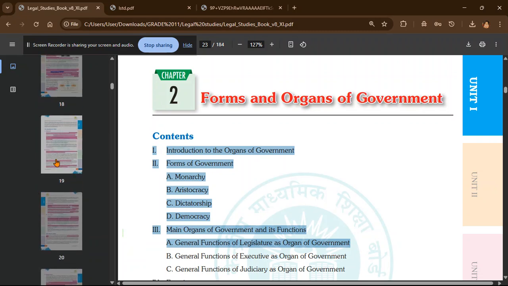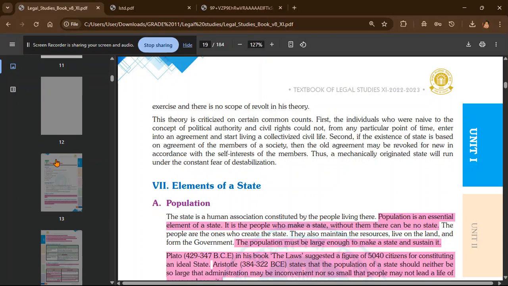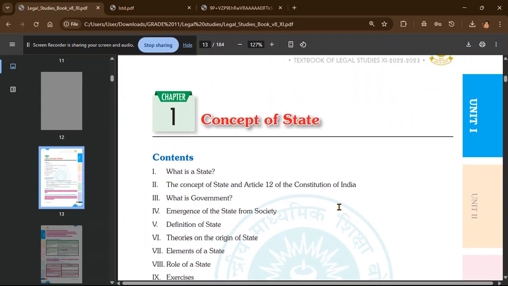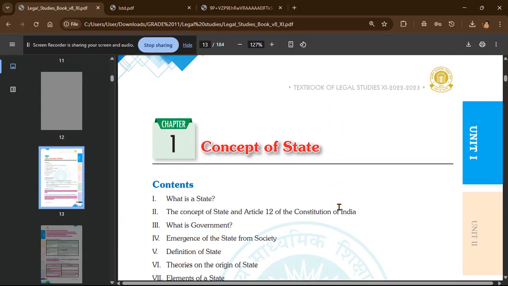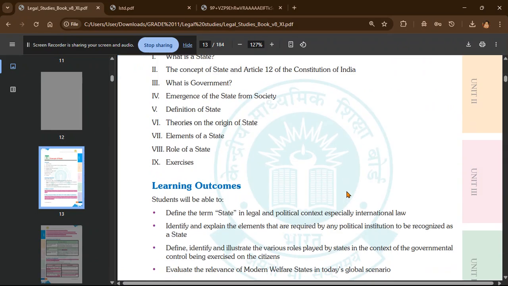As you'll be seeing, while I'll be making you do the chapter, my textbook will have underlined definitions and some key points which I request all of you to mark in your textbook as it will be helpful for your final revision. I have some key terms also noted and a few of the subtopics, so that also I'll request all of you to mark in your textbook.